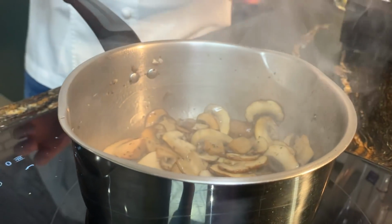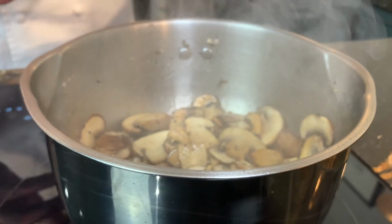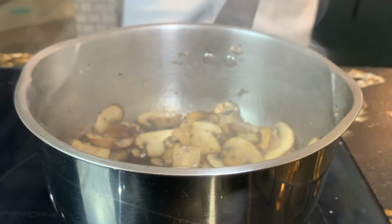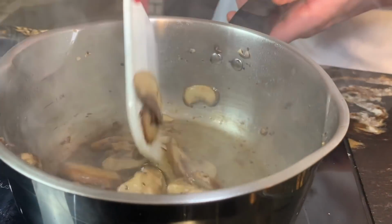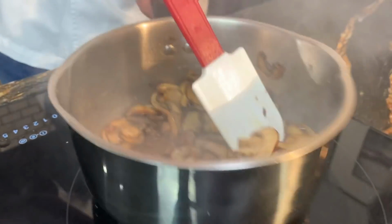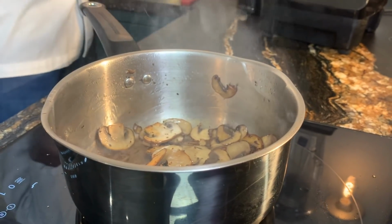Right, okay, so I've had this on for around 10 minutes now. As you can see, the mushrooms are getting nicely caramelized. We're actually getting nice colour on the bottom of the pan as well, which is what we want. Right, I'm happy now. The mushrooms are nicely roasted. So we're just going to